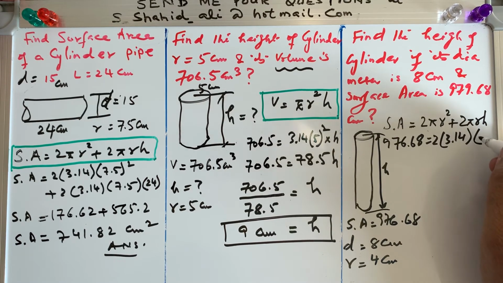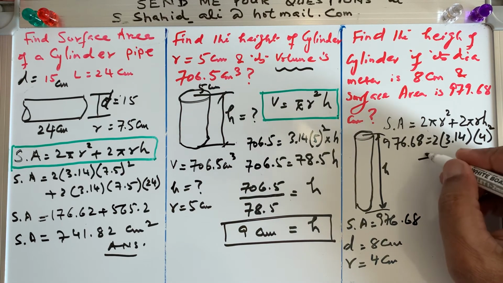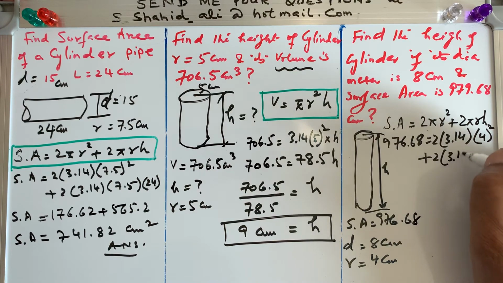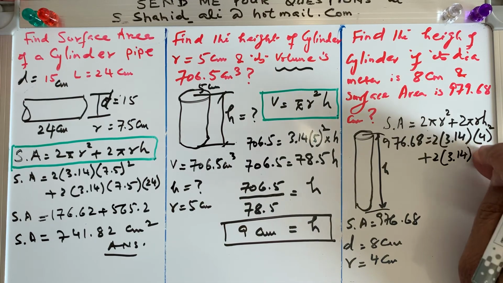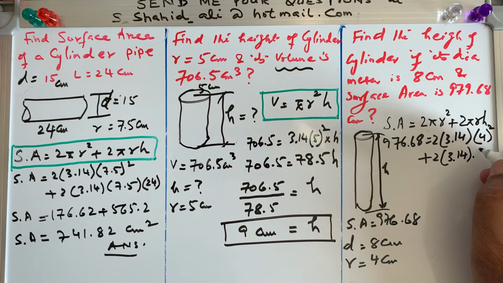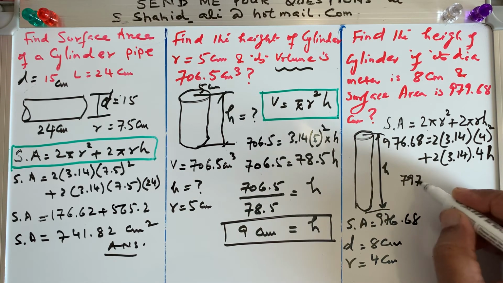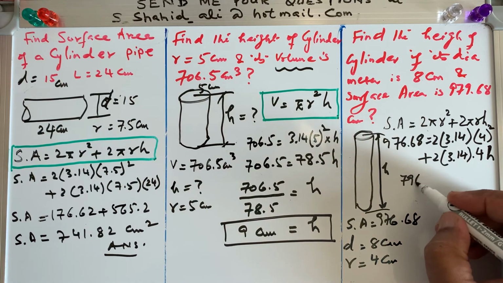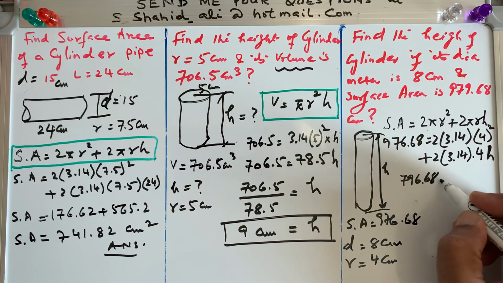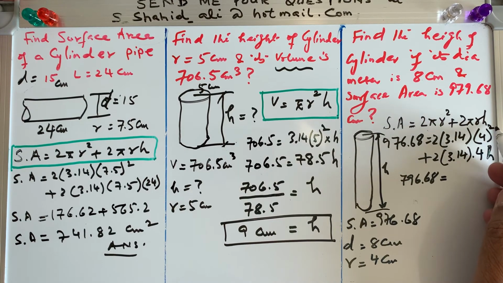What is r? 4, right? So 4 square plus 2 pi, 3.14 times h. The first is r, so times 4, and h. In this whole thing, h is my unknown. So I am going to find out h. So let us simplify this. 796.68, right? This is my surface area is equal to, if you multiply 4 times 4 is 16, 16 times 2